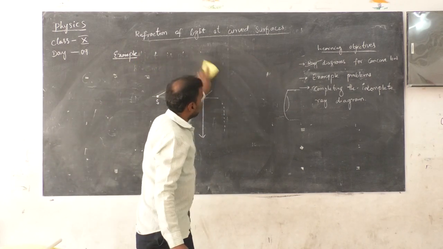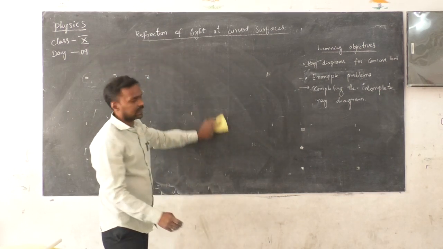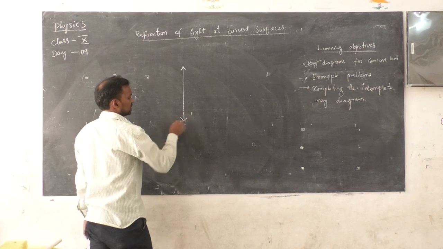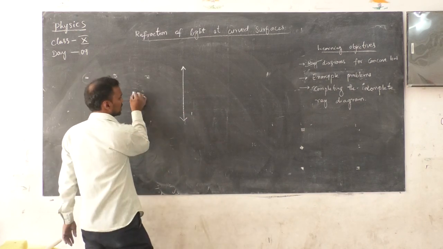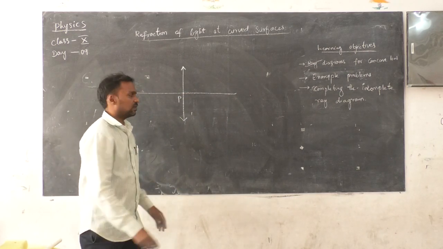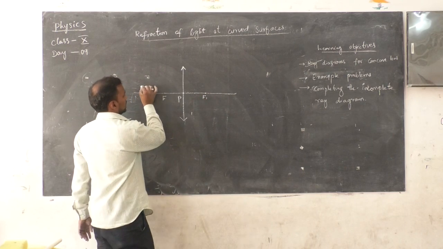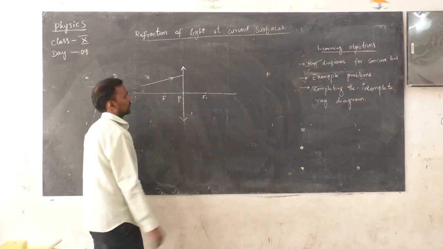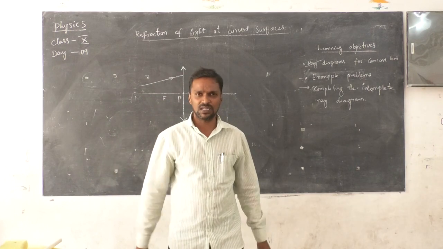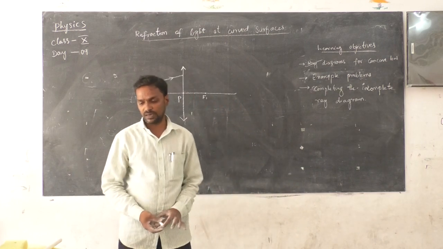And next, incomplete ray diagrams will be like this. This is a convex lens, and the given data is like this. This is the principal axis. Nothing else will be given to you. They will give you F1 and F2, and a ray coming and hitting the surface. This much only, and they will ask you to complete the ray diagram. So again you have to use situation 1, 2 or 3 according to convenience, and complete the ray diagram.